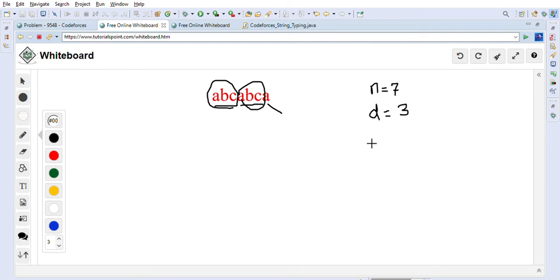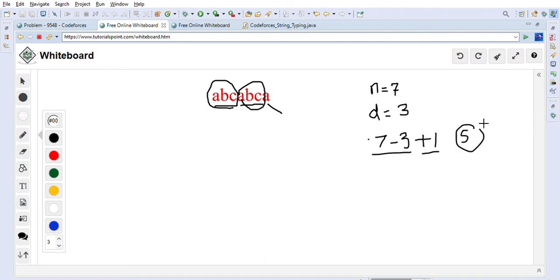So in this case what we will do is, we have to calculate number of operations now, right? Once we find the division basically, right? This is the division. So division is 3. So what we can do is n minus 3. So 7 minus d, which is 3, plus 1 is the number of operations we will need, right? So this is 4 plus 1, it is 5 operations we will need.